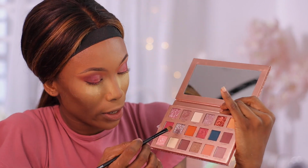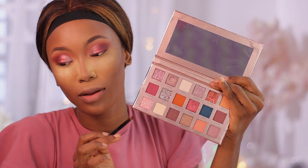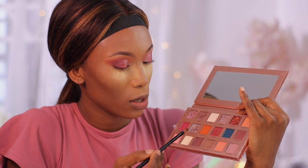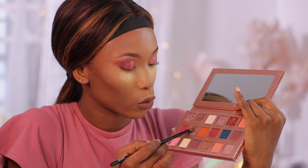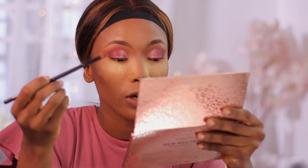Okay guys, so I've been itching to try out this glitter shade over here, but just because we're doing this video, we might as well play around with it to see how it works on the lid and not just how it swatches on the hand. I don't know how to play with glitters, but I do know that I need to be very careful because it can go really messy really quick. So I'm gonna just apply that shade